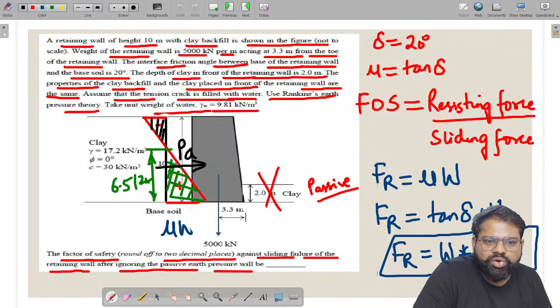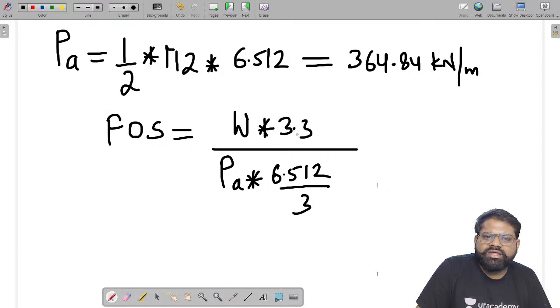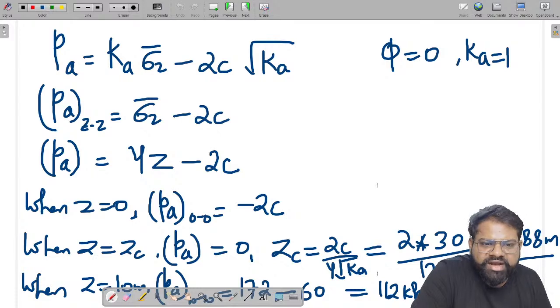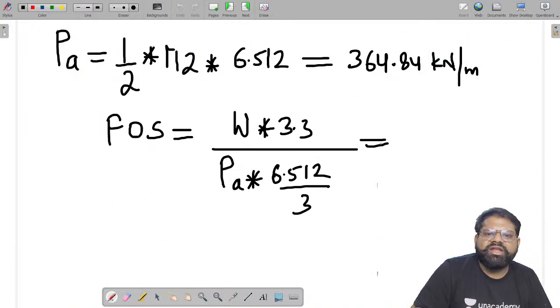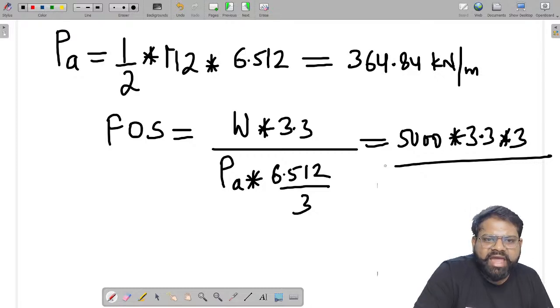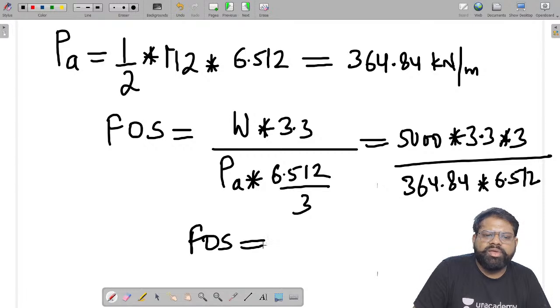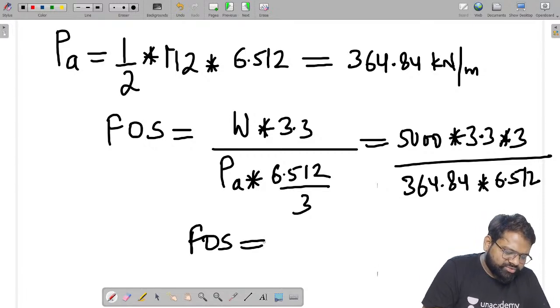What will the resisting be? Resisting will be W into 3.3. The weight will try to stop it, W into 3.3. What is the weight? The weight is 5000, multiplied by 3.3, multiplied by the 3 from below comes up, divided by the active value, 364.84 multiplied by 6.512. So the value of factor of safety comes out to be,